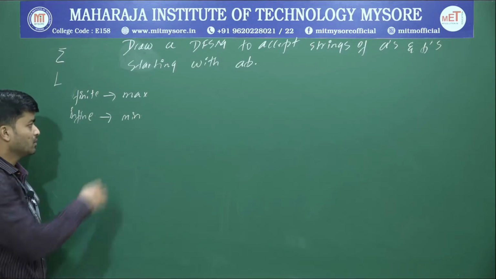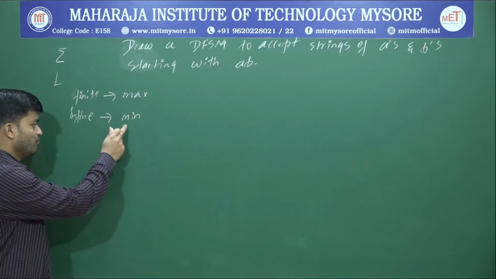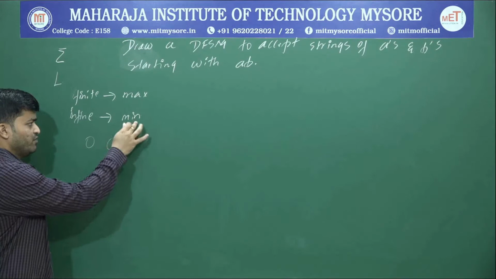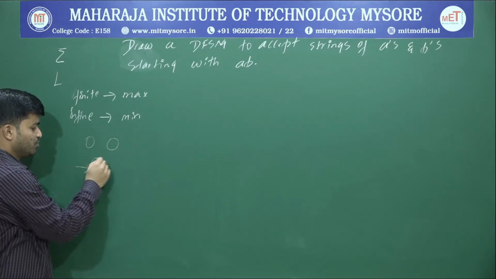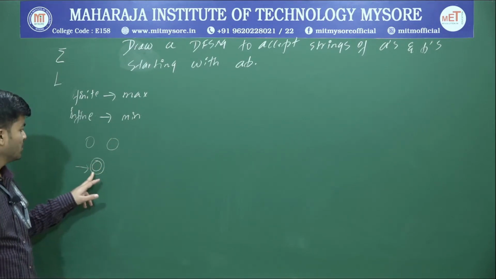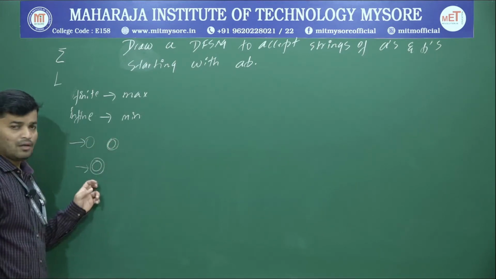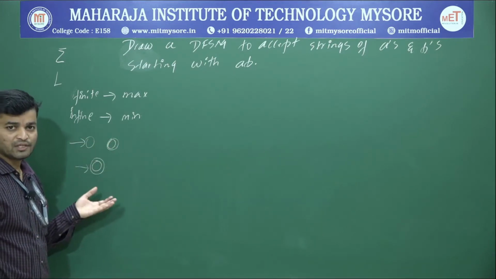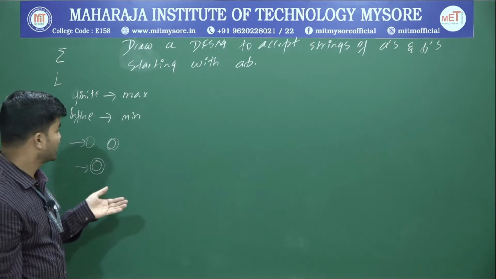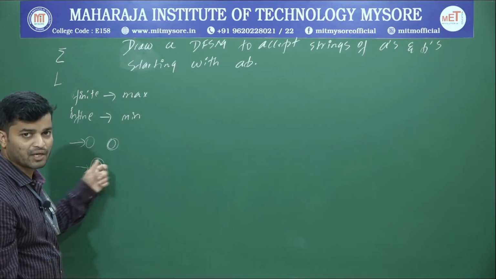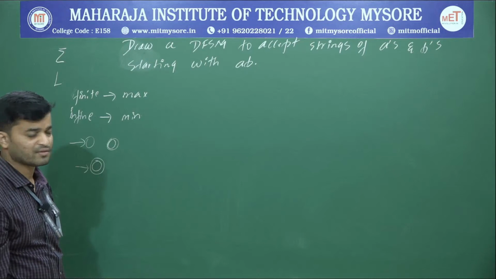How to build the skeleton? If the size of the minimum length string is 1, go with 2 states. If it is 0, go with 1 state, and that should be both starting as well as accepting. If it is 2 states, one is starting, one is accepting. If the size is 3, go with 4 states. If the size is 4, go with 5 states, and that will continue. Next you connect and write that minimum length string as it is.